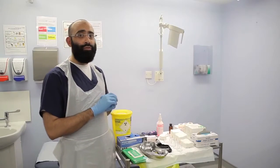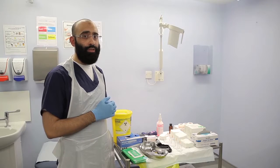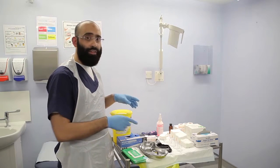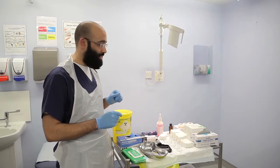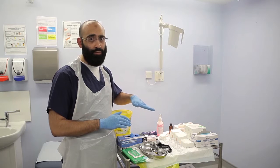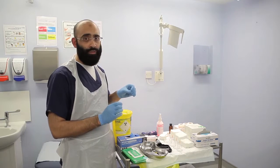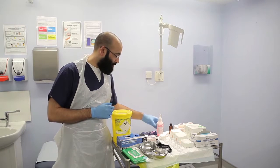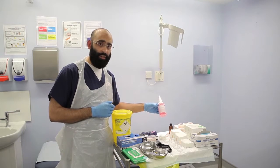Okay, let me take you through some of the equipment that I'm going to be using. I've set up my trolley quite conveniently with everything on it that I need for the procedure itself. I've cleaned this all beforehand and laid out a sterile sheet for myself to use so as to minimize the risk of infection. First of all, to clean the patient, I've got my chlorhexidine spray, which I'm going to use